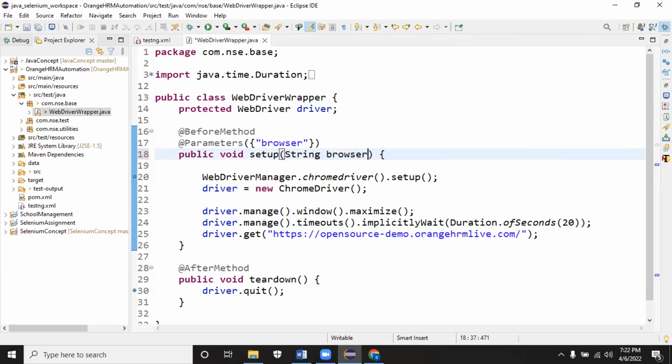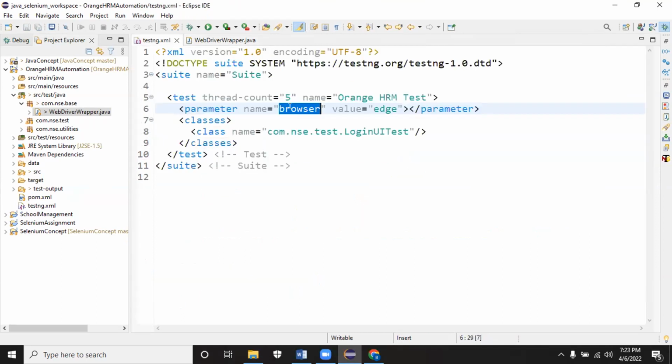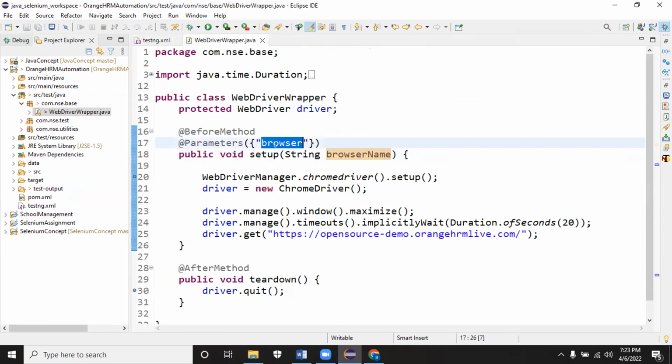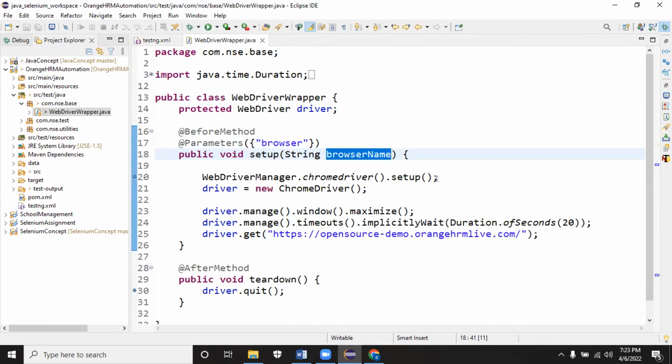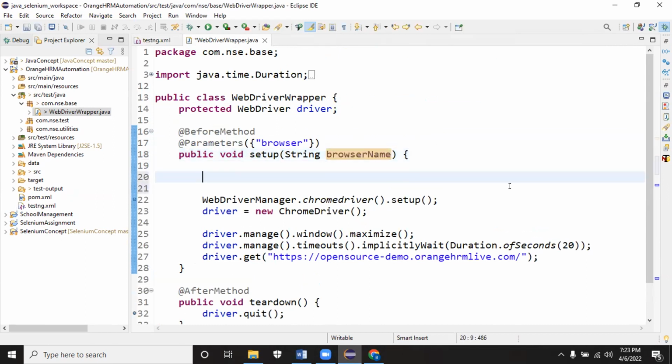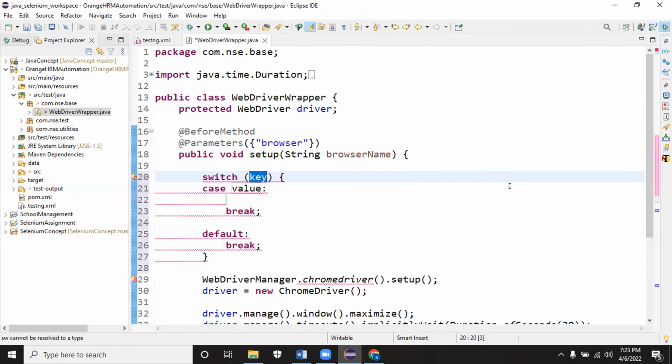Now, whichever annotations want that parameter name can access it by just declaring this and providing the argument. The argument name can be anything. To make it clear, I'll give a different argument name. This should match whatever I give in the curly braces; that should match the parameter name. Now browser name will be coming as Edge. A simple if condition will solve the problem here. So I'll quickly write an if condition. If condition or switch condition, whatever it is, it's fine. You can also use a switch statement.